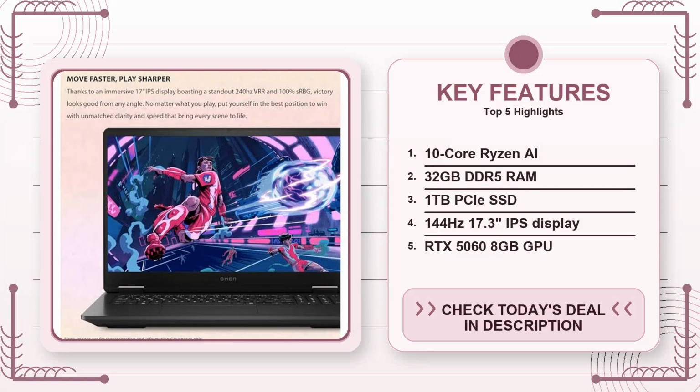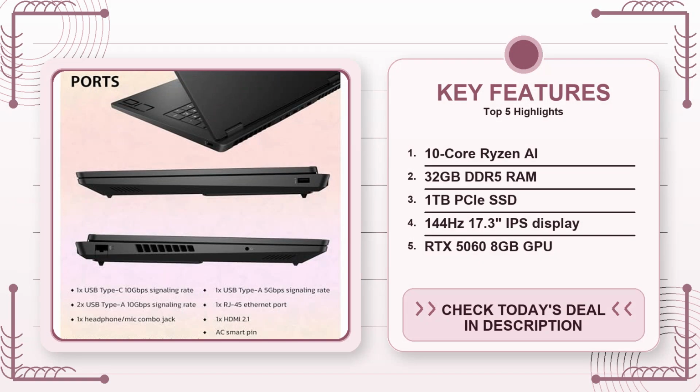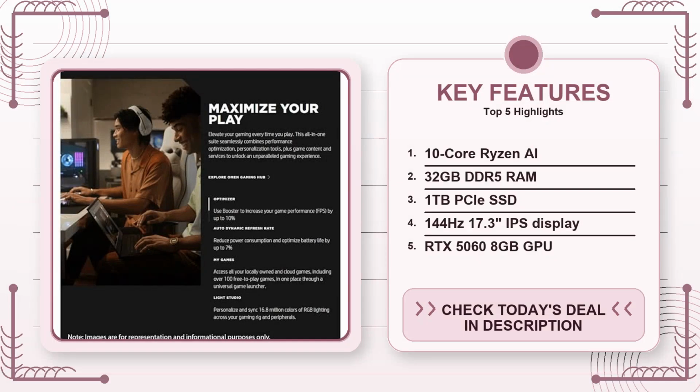Software-wise, the laptop ships with Windows 11 Home, which is fine for gaming but lacks some of the advanced management features found in the Pro Edition. The HP pre-installed utilities are minimal. There's an OMEN command center that lets you toggle performance modes, but nothing that dramatically changes the